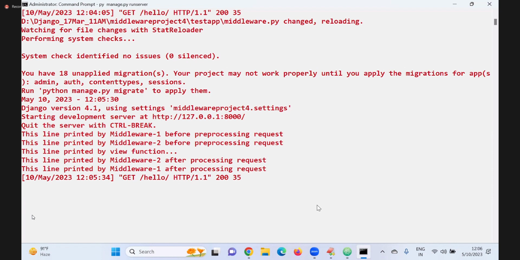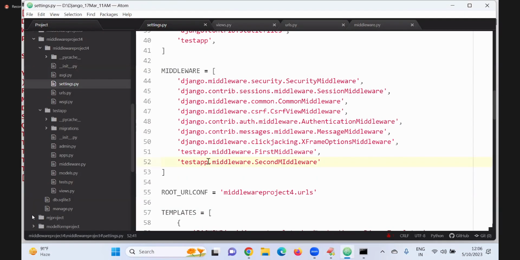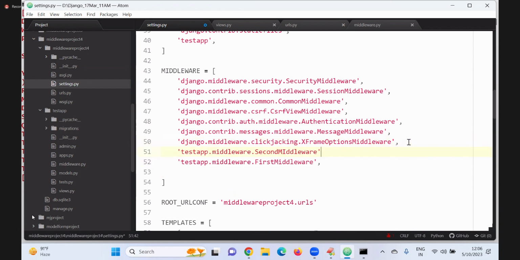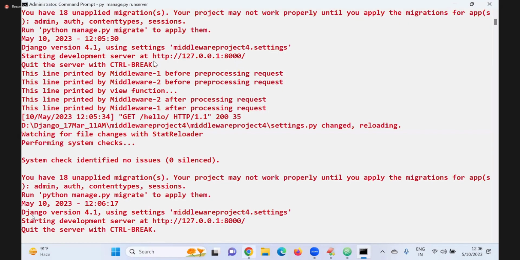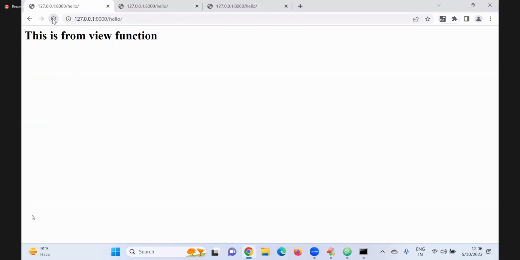Sir, for example, here I have given first this one, then the second one. Does it change any output or is it the same? No. When you send the request, you will get clarity.